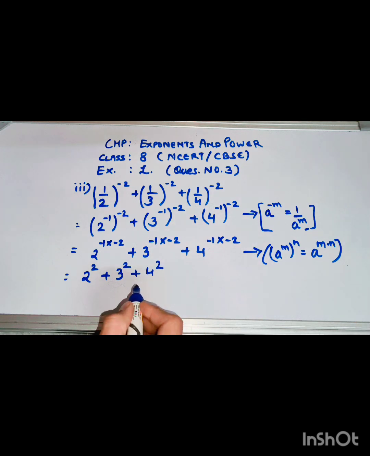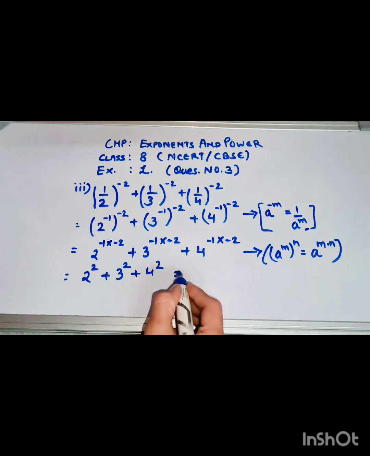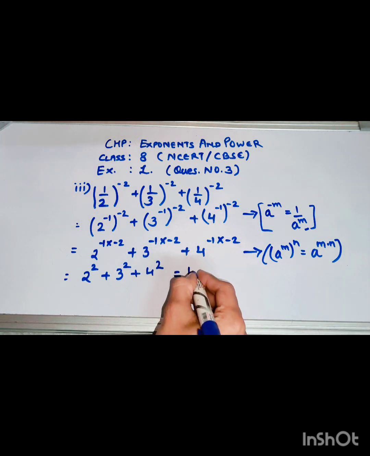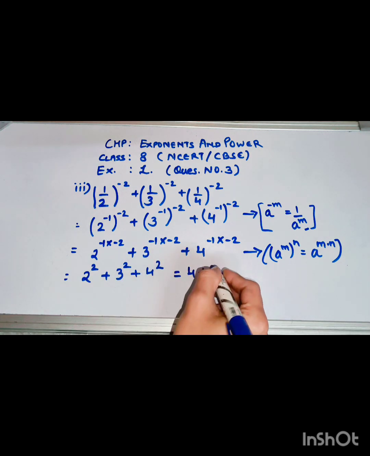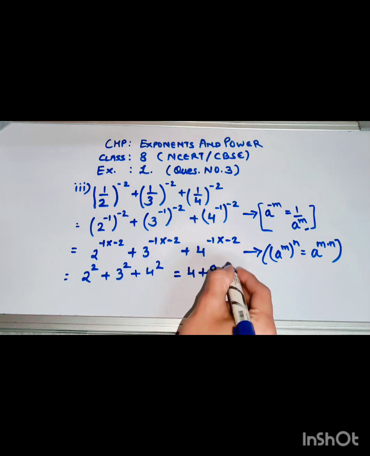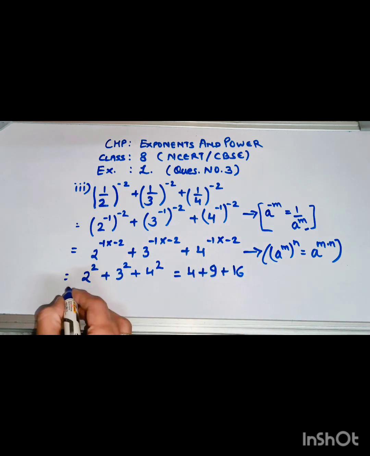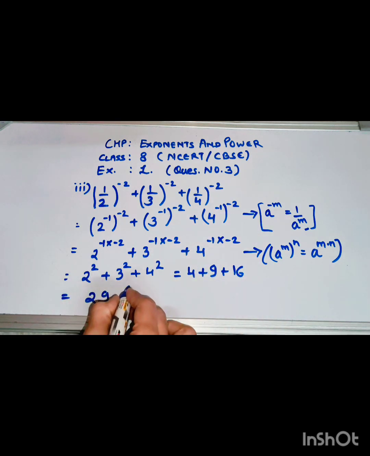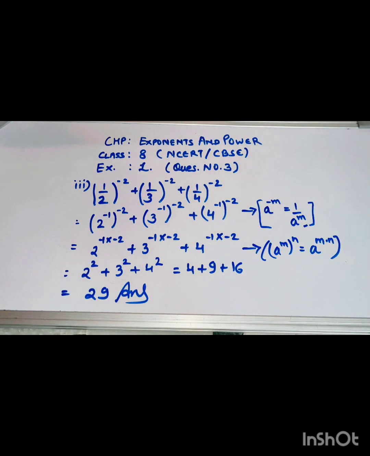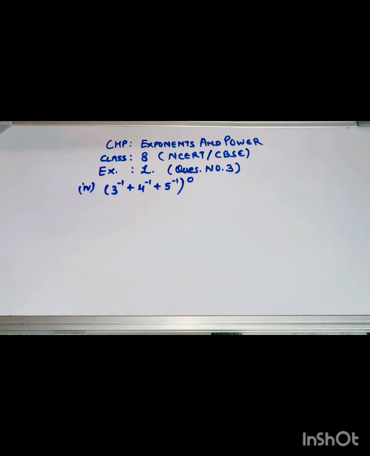Okay, now power of 2 is 4, 3 is 9, 4 is 16. So the answer is 29. Easy? Yes. Let's take the fourth one, which is bracket 3 raised to the power minus 1 plus 4 raised to